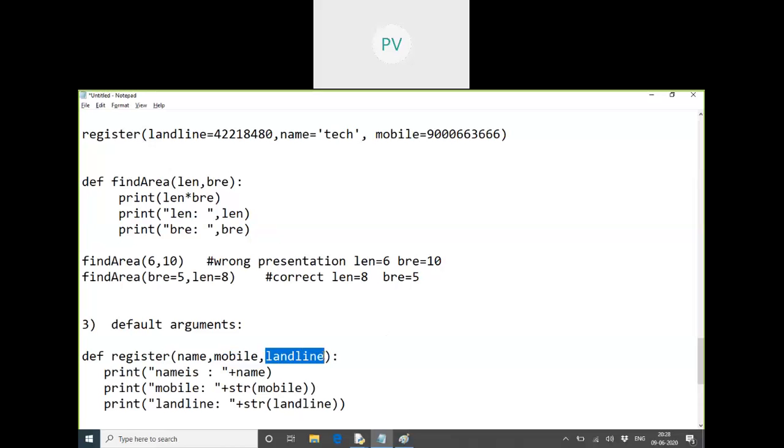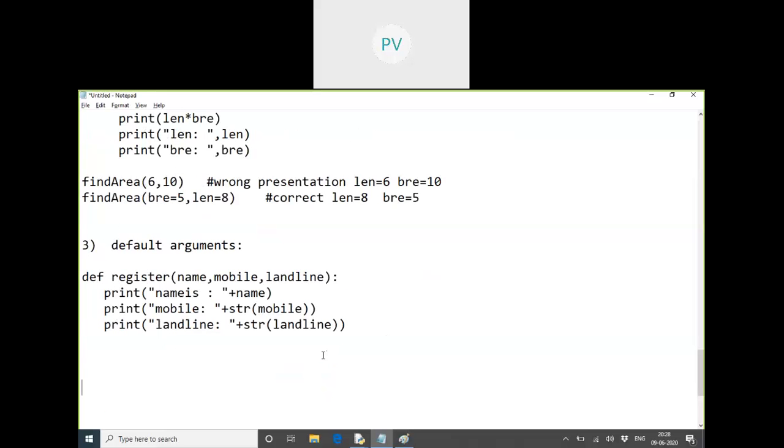Do you have a landline number? Does every person have a landline number? Not everyone, ma'am. Yeah, so that means if somebody does not have a landline number. Who has a landline number? This is fine. Okay, 422. This is okay. But if somebody registers without a landline number, will it accept?